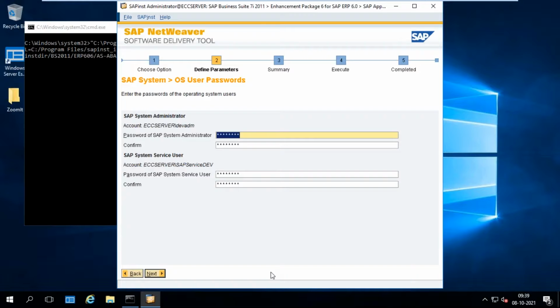But my suggestion is don't enter a different password for all these accounts, the ECC server DEVADM and SAP service DEV. Don't assign different passwords. You can maintain only one password for the entire SAP. So just click on next. I don't want to change my password. I want to continue with the same password. That is the reason. Just click on continue. Just click on next.